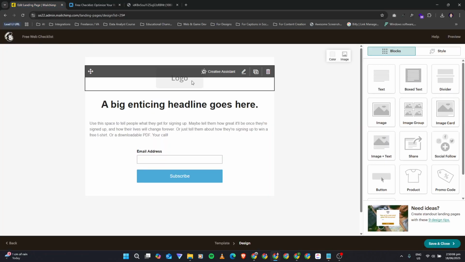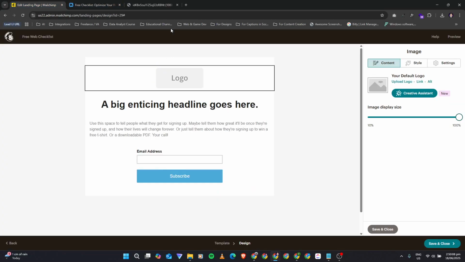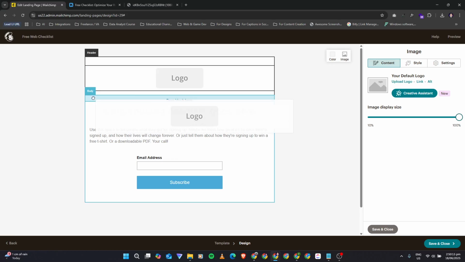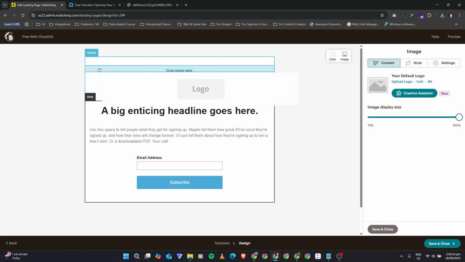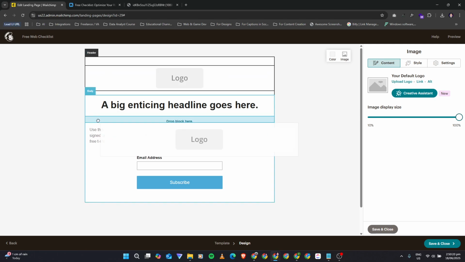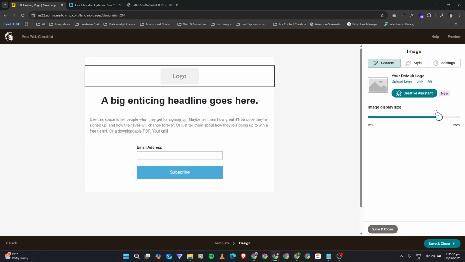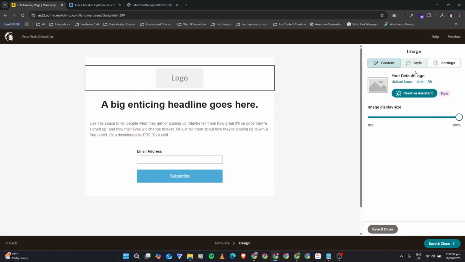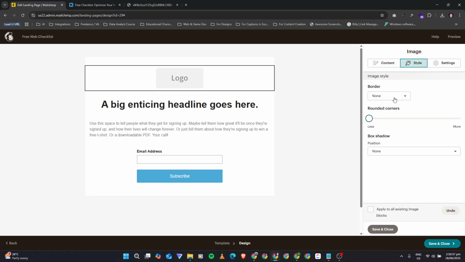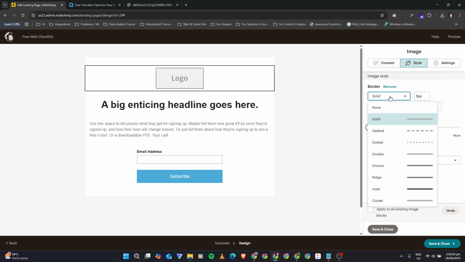Here's a logo. There is no logo here, so you can remove this. This is move. As you can see, this is the header, so the logo is in the header, and this is the body. We also have a pencil here, where we edit the content inside the header. You have style, if you want a border on the logo or not.